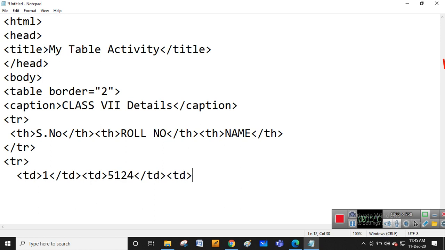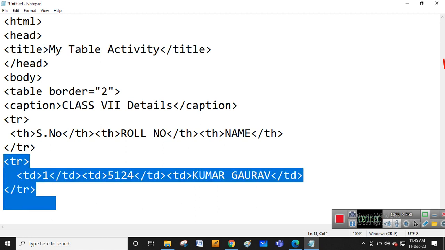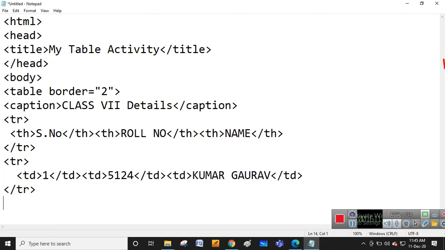TD ओपन, नेम, कुमार गौरव. ओके, क्लोज द TD, क्लोज TR. Okay. Same thing we copied. Just we copy like this only, and just simply we'll paste.